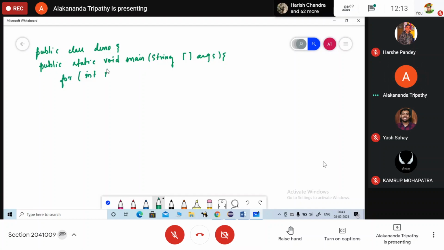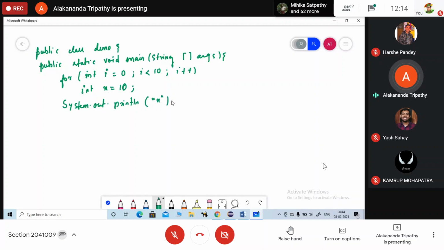int i equals to 0, i less than 10, i plus plus. So here I am just writing int x is equals to 10, then System.out.println, the value that we are going to print is x.